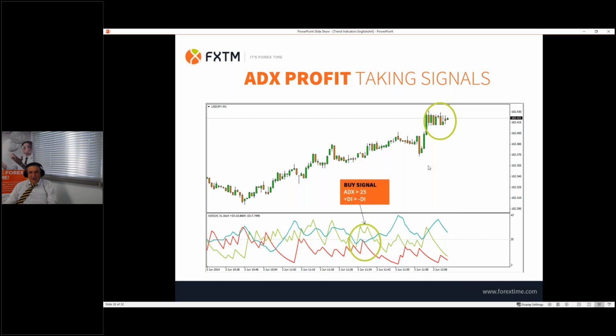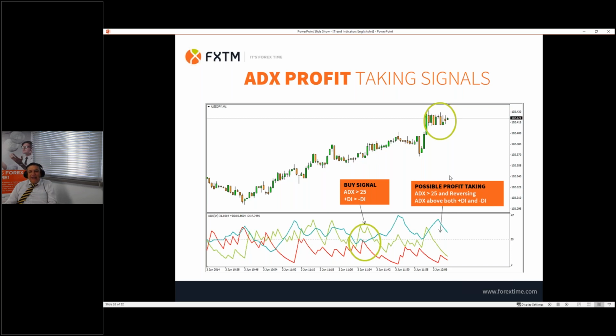So, we are going to take profit or partial profits, if you like, after we buy. And once more, we buy when there is a crossing of the green line above the red line and ADX crosses above 25. So we buy at this point here, and then